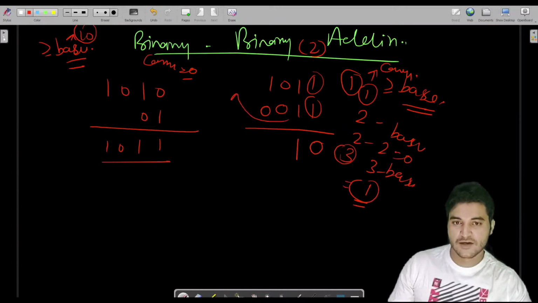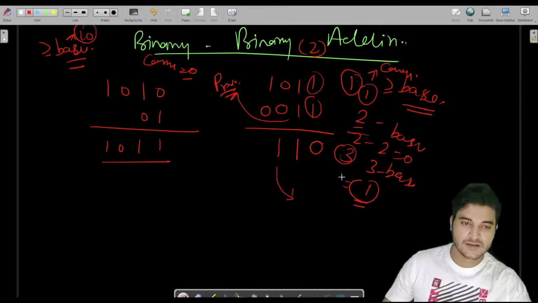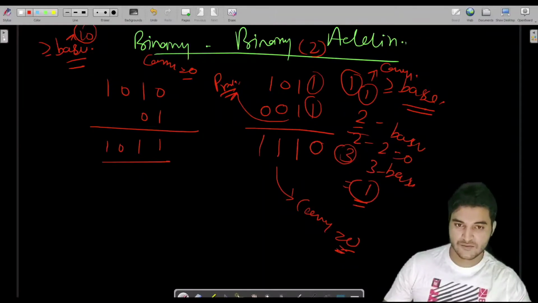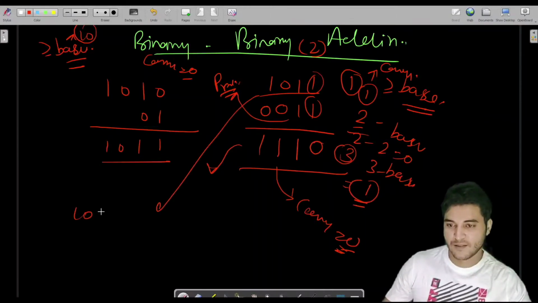This part I have already explained in my previous video, so you must watch the previous video. So 0 plus 0 is 0, plus carry, which is 1. So now we add 1 here, and we would not check this condition because 1 is not greater than 2. And if the result is not greater than or equal to the base, then we update the carry as 0. So 1 plus 1 is 1 plus 0, which is the carry, so 1. So we get this result. Let us check whether we have done the addition right or not. So this is the binary for 1010.